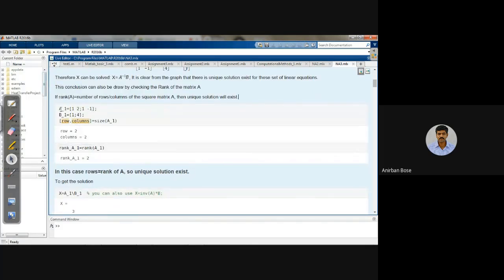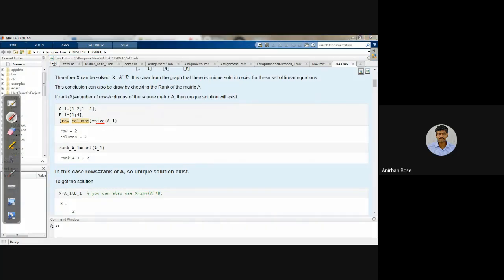As you can see, we have given the name A underscore 1. This is the matrix name that we have given, and its rows and columns we have written as it was there. Coefficient matrix A we have created, and the non-homogeneous part, that is the P matrix, we have created. And to find out the size of the matrix, the rows and columns, there is one inbuilt function in MATLAB, that is size. So if you write size and within parentheses the name of the matrix, it will give you rows and columns in these two variables.